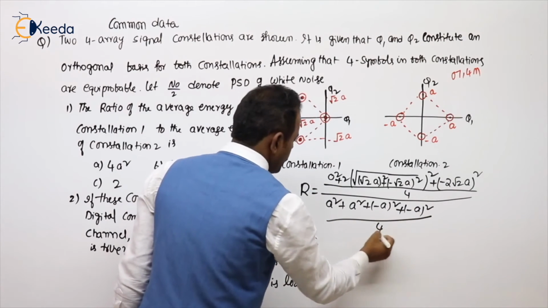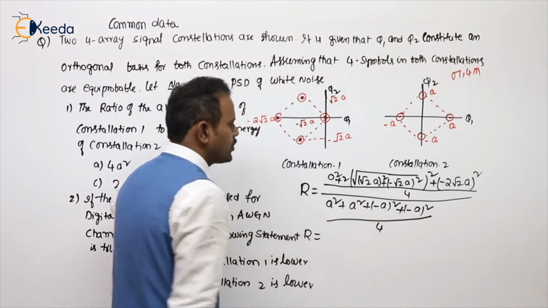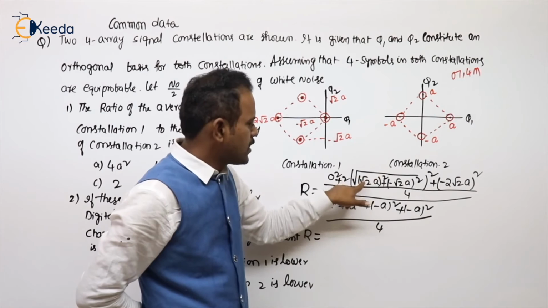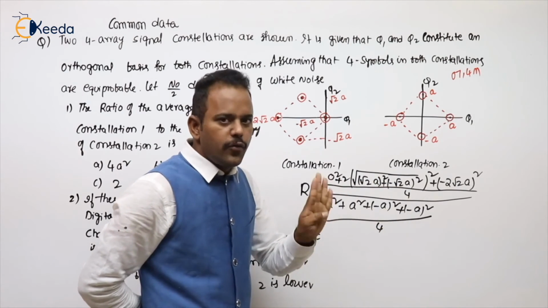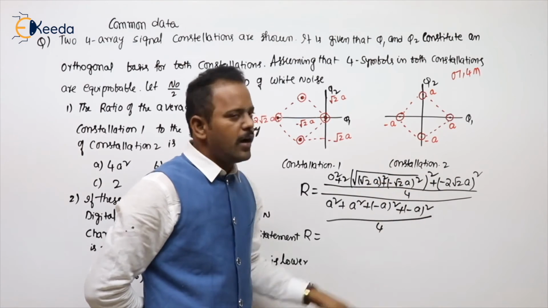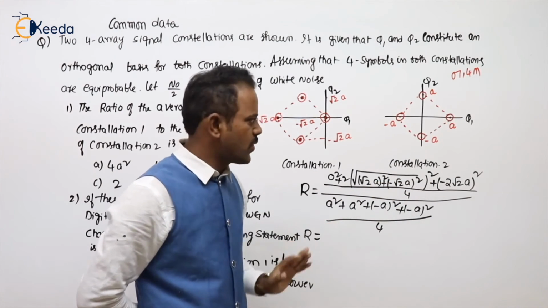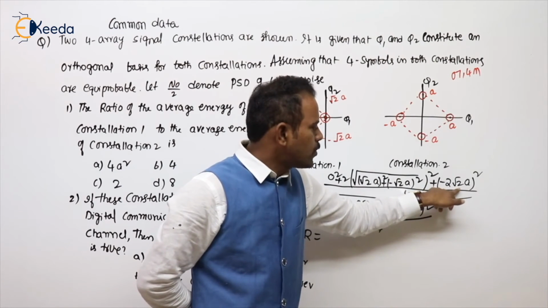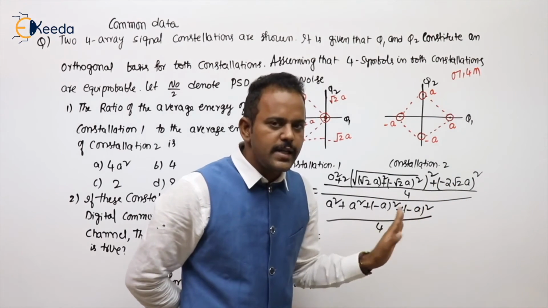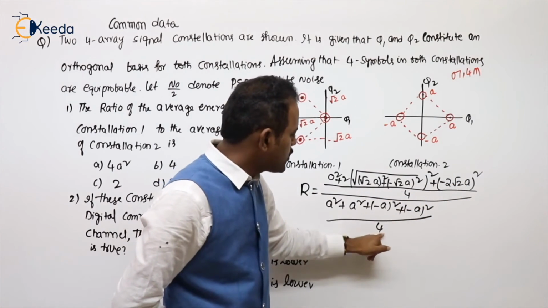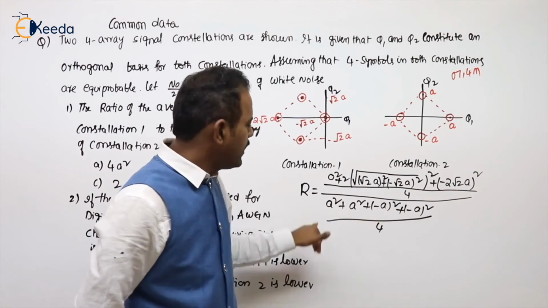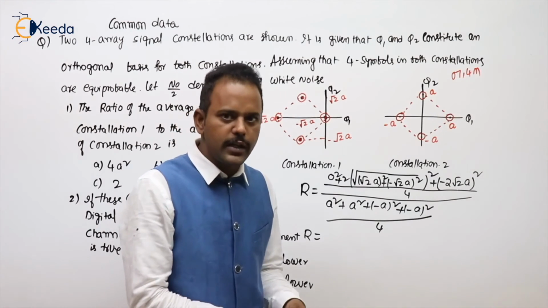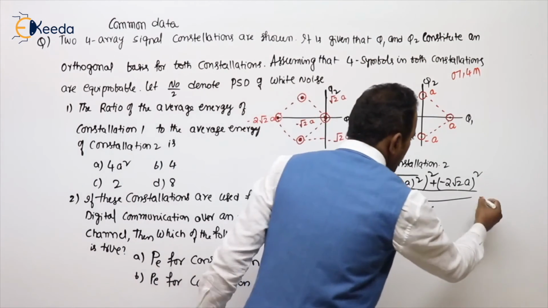Average means by 4. Then what is the ratio? Calculate. Root 2a square is there. So 2a square, here 2a square, 4a square, and a square and root gone, 4a square into 2, 8a square. Plus here 2 square is 4, root 2 is 2, 4 2s are 8a square, 8 plus 8, 16a square. Anyhow this 4 will be gone. 16a square by, here how much is there? 4a square. 16a square by 4a square means 16 by 4, that is nothing but 4. So the ratio we got is 4.